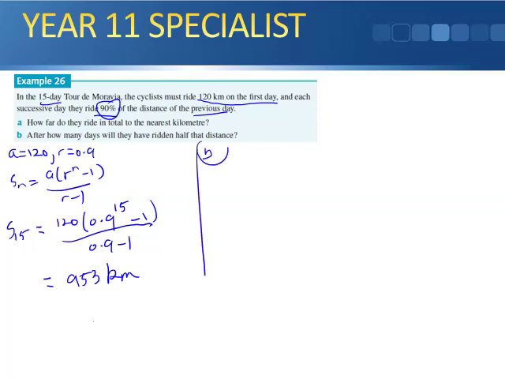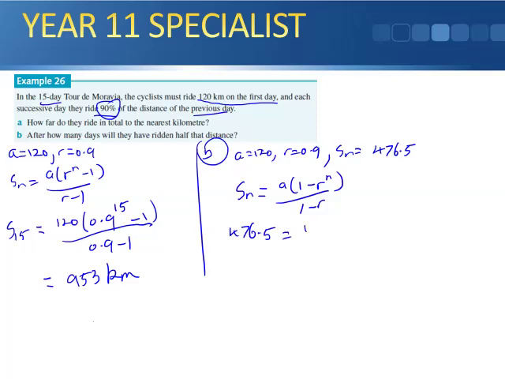That was part A. Part B, after how many days will they have ridden half that distance? So I've still got my A is 120. I still know my R equals 0.9. And half of 953 is 476.5. So writing my rule, this time I'll write the rule the other way, like I said, because the R is less than 1. You only write it the other way when R is less than 1. So I've got A, 1 minus R to the power of n divided by 1 minus R, and that will equal